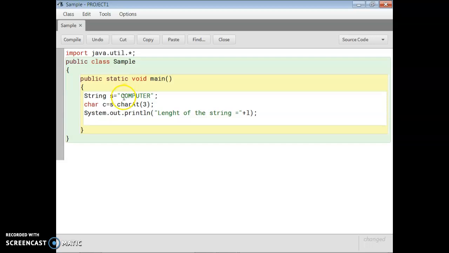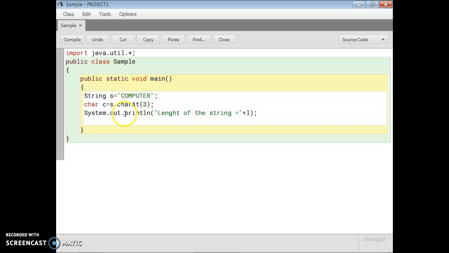In the length function, counting starts from 1, 2, 3 like this. Other than the length function, for any other function, counting starts from 0. In a string, the first position is 0, then 1, then 2. So the index starts from 0, 1, 2.